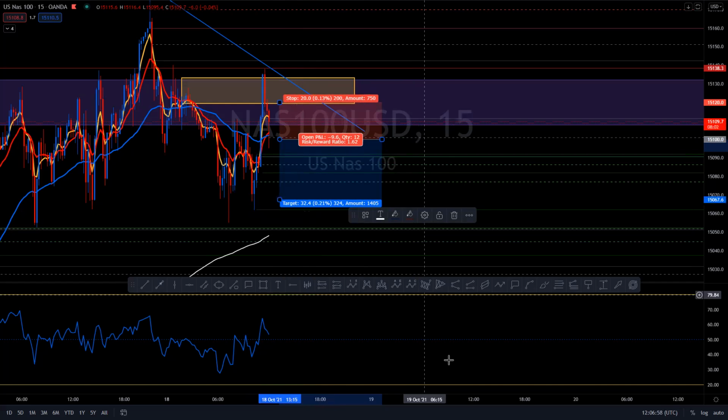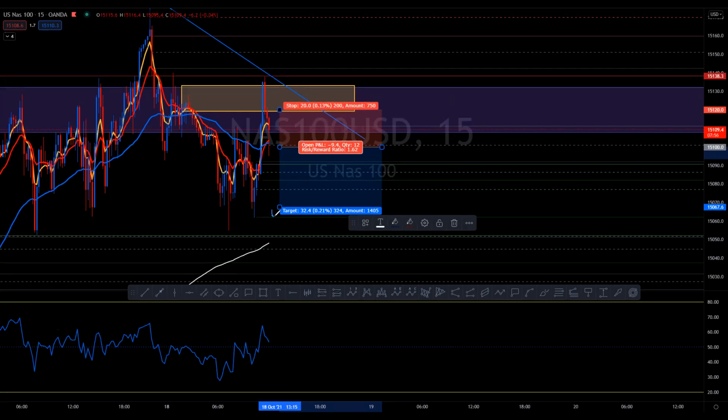And then according to the institutional blocks, I'm looking for price to actually go down to maybe this order block here, or maybe even this order block here, and then maybe pull back again and then drop again. And it might pull back to cover this imbalance here and then drop again. So I will put my first take profit